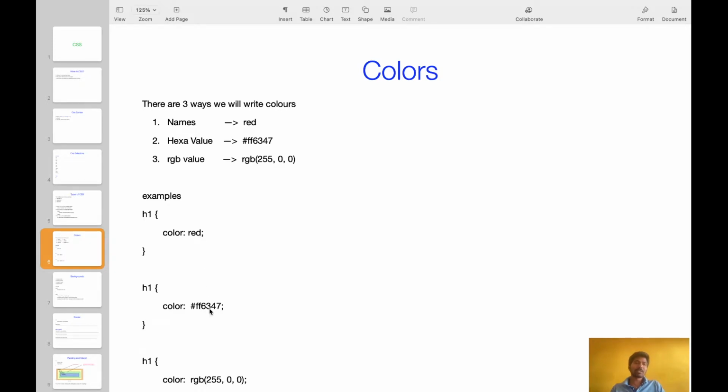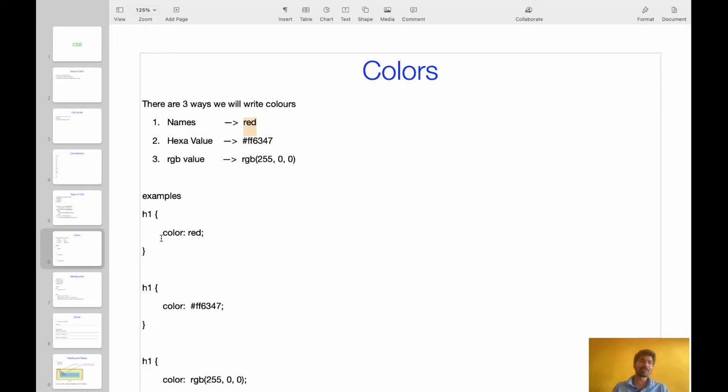For each color there is a hexa value as well as an RGB value. The RGB value looks like this. It will expect 3 parameters: first, second and third. So for color red, this is the hexa value, this is the RGB value. The same result will come if you use the name, hexa value or RGB value, anything you can use. If you use the name you should use it like this. If you use the hexa value you should use it like this. If you use the RGB value you should use it like this. For each and every color you will get these three types. Okay, let's apply these three things.